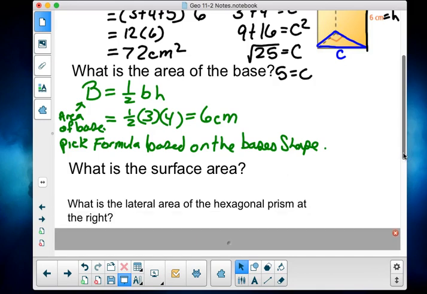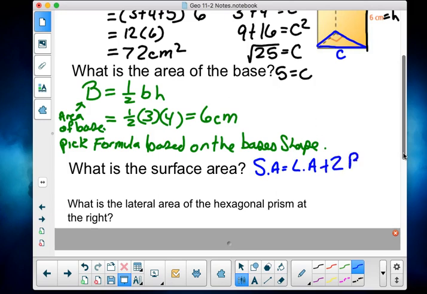What is the surface area? So what's the surface area here? Remember, surface area, let's use a different color. I'll use blue. Surface area is my lateral area plus my two base areas. Okay, well, my lateral area, I found out my LA was up here. So I'm going to pop this down here as 72. My two bases, each of them were 6